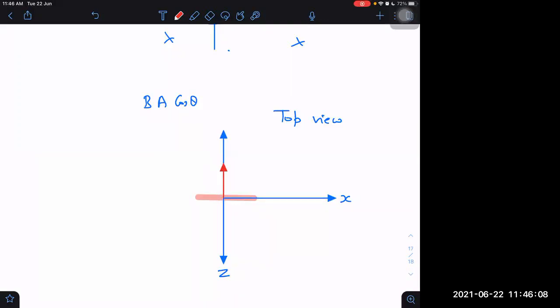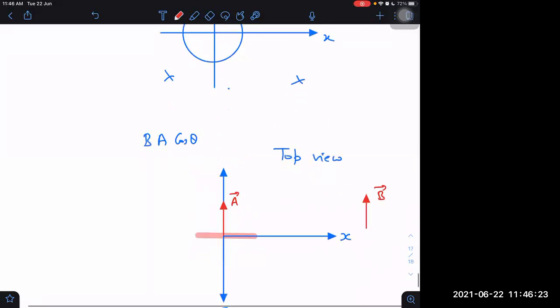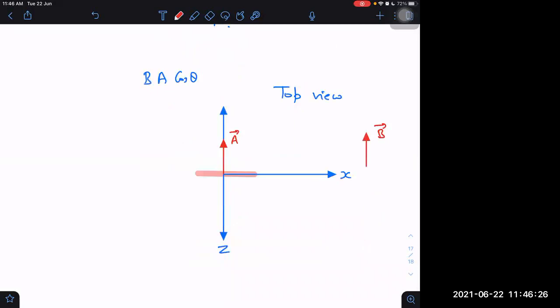Something like this it will be, right? Let us say it is the area vector. I'm taking the area vector to be initially along the magnetic field only. The magnetic field is also in this direction only. Now you tell me, if it rotates, then after rotating, what would happen to it? This coil is rotating now, and it has rotated by an angle theta. Then the area vector will also rotate by an angle theta.